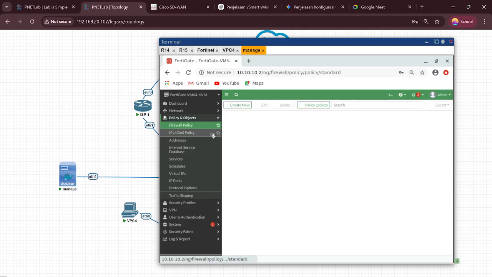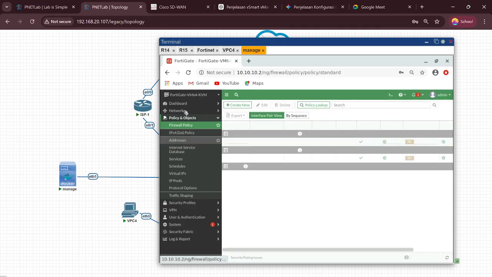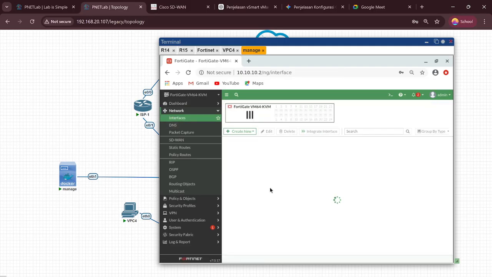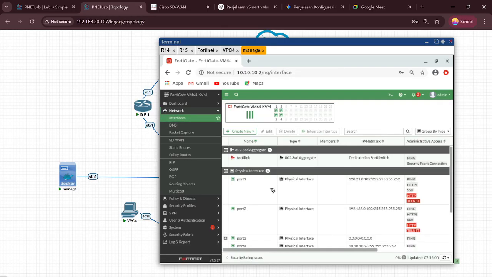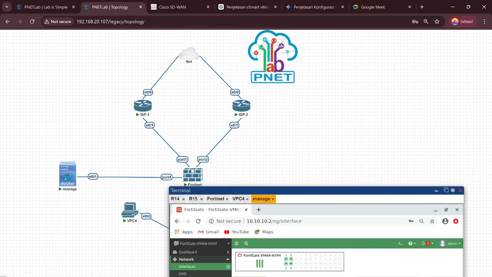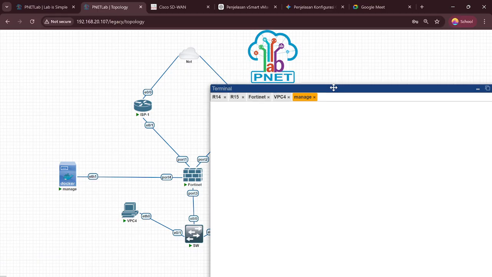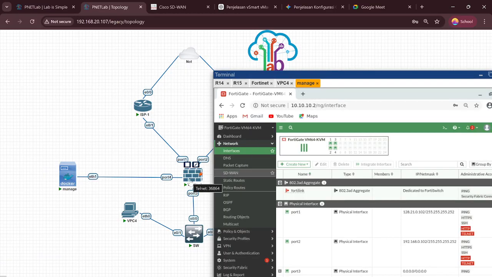And the first step in configuration, click network, then network interface. Okay, these are the ports in the FortiGate: 1, 2, 3, and 4. Port 1 and 2 connect to ISP 1 and 2, port 4 connects to the Docker management, and port 3 to the switch.